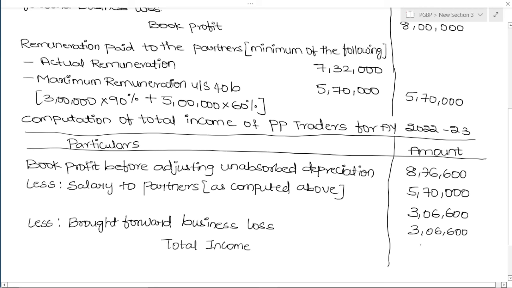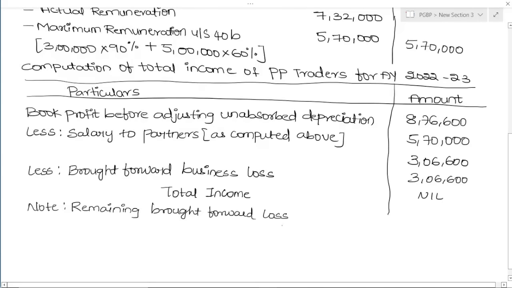With lot of efforts we reach it to this stage. So let's write down the last note. Remaining brought forward loss. How much? I'll tell you. 8 lakhs is your brought forward business loss. From that already 3,06,600 adjusted. Reduce that. How much will be left? That we will write here. And it is 4,93,400. So we wrote a note, remaining brought forward loss rupees 4,93,400